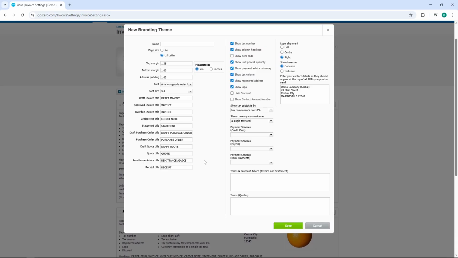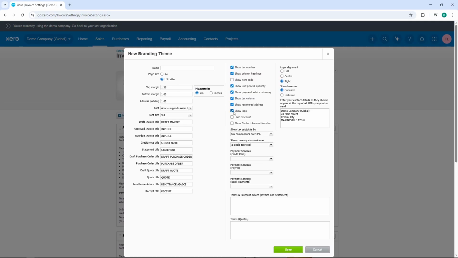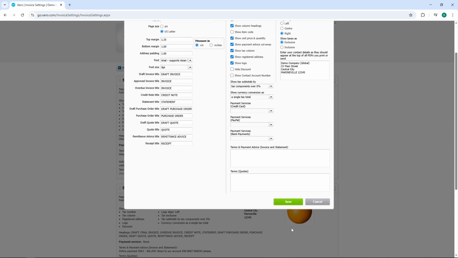Finally, once you've configured all your branding options and are satisfied with how your custom template looks, click the Save button. This will create and store your new branding theme in Xero, making it available whenever you need to create an invoice. You can now apply this template to any new invoice you generate, ensuring a consistent, professional appearance across all your billing. And there you have it, you've successfully created a custom invoice template in Xero that reflects your brand